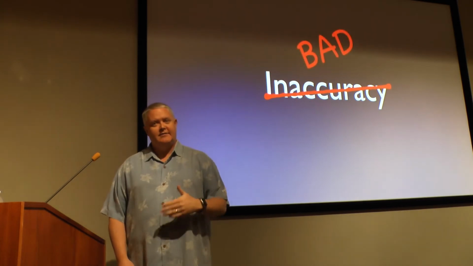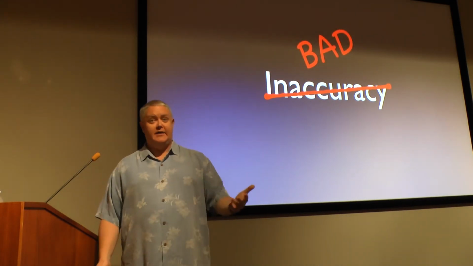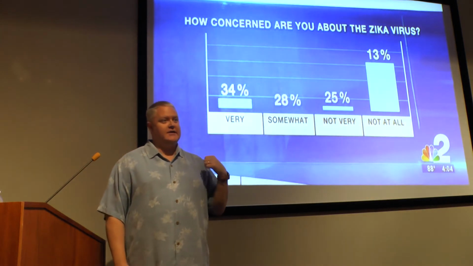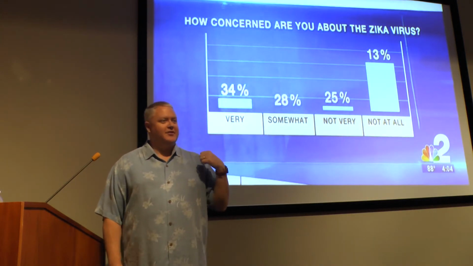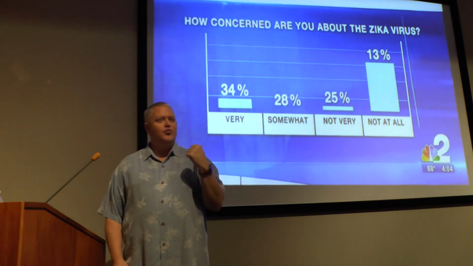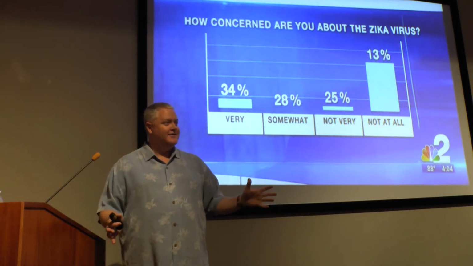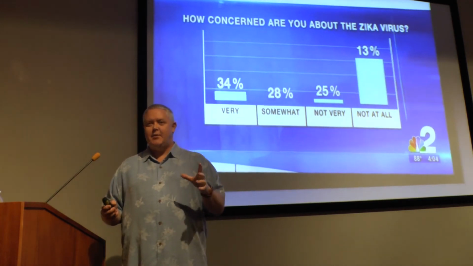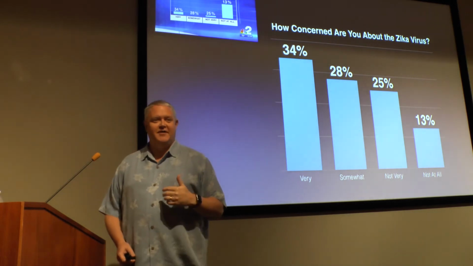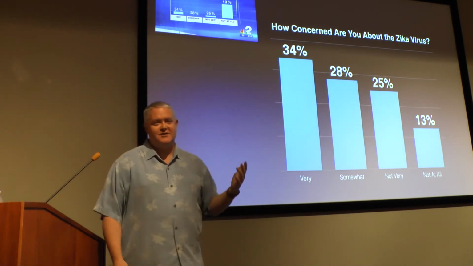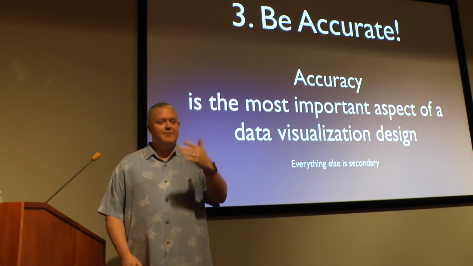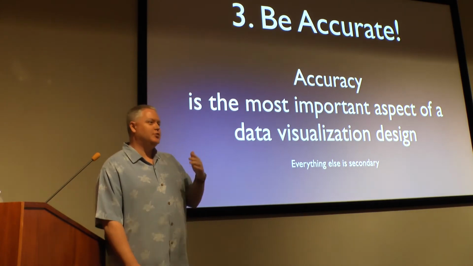Inaccuracy, and I have to actually tell people this, is bad, right? When you publish a chart like this, and I'll let you absorb that for a second, the bar chart has no bearing whatsoever on the data. And you will see this happen every once in a while. This is what it should look like. People are, in fact, worried about the Zika virus, but the bar chart doesn't show that. You have to be accurate, and you've got to think about that. And once you start seeing it, you will see it everywhere else.